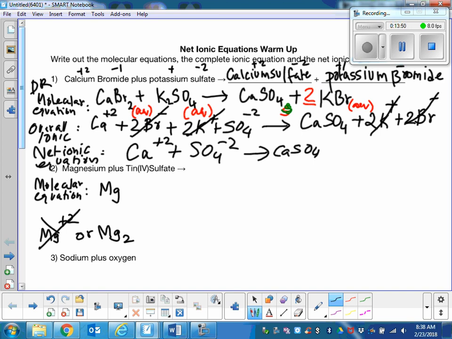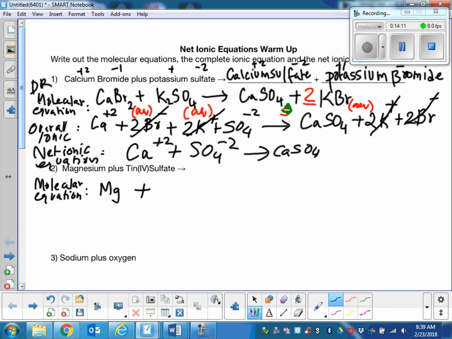There's an ocean of difference. If you write any of this for magnesium, I'm going to get mad at you, or I'm going to take points off. I'll be mad when I'm grading. All I can do is circle it and say no. Right? Okay, so that is magnesium plus,